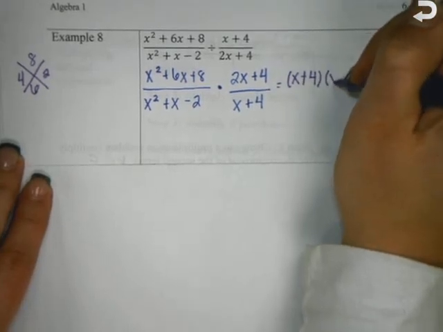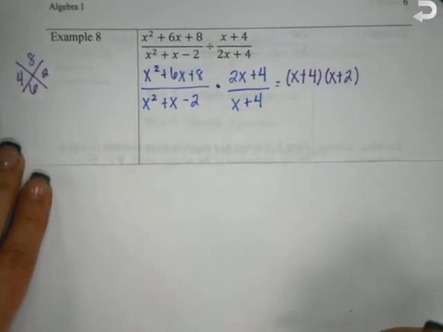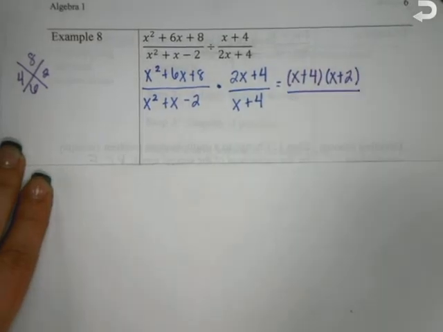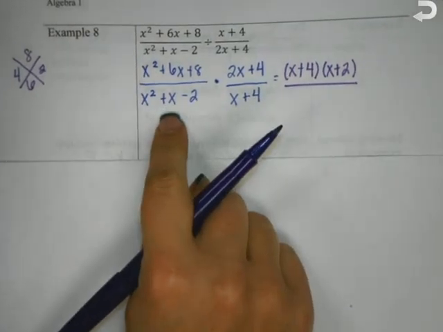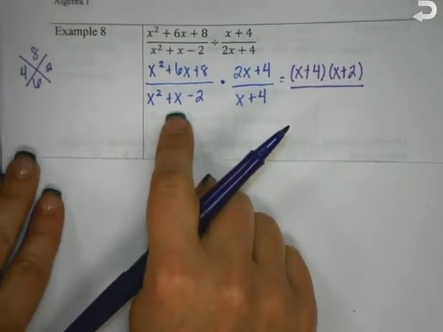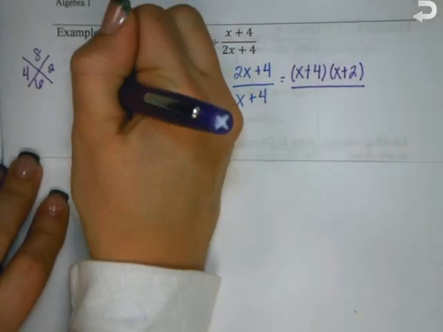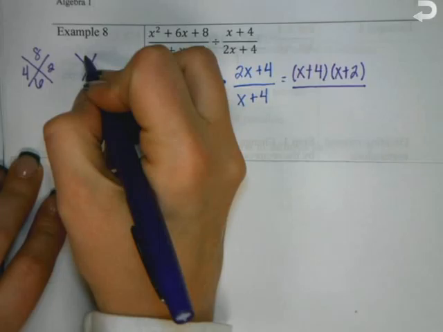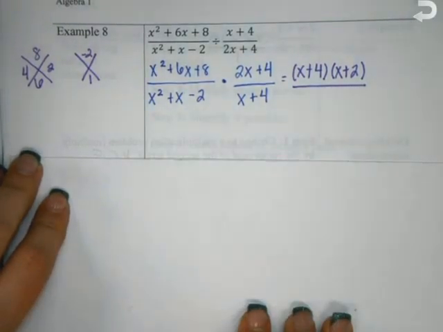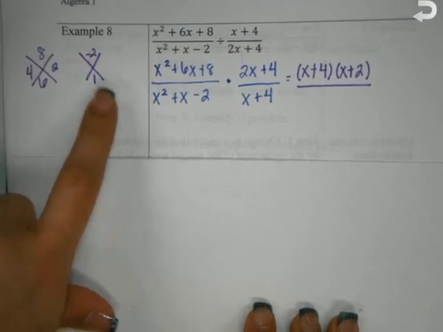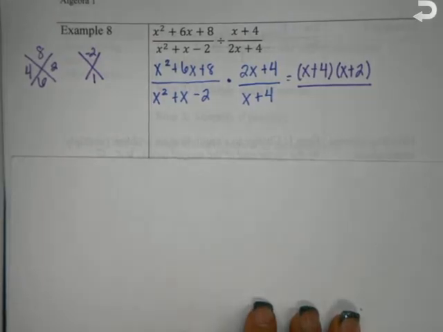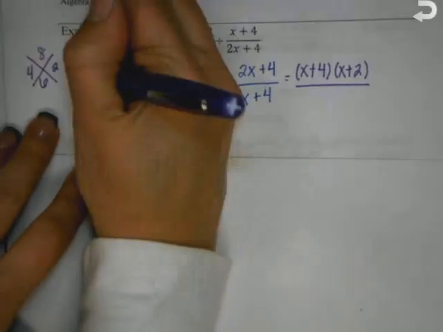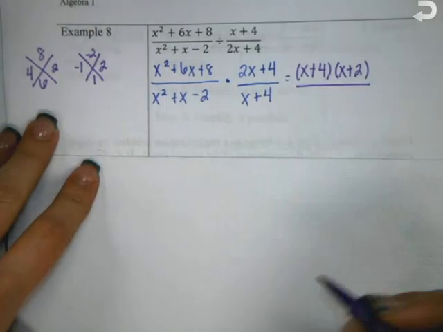over, does this bottom guy factor? What method am I going to use there? Also diamond. So what two numbers multiply to negative 2 and add up to positive 1? Negative 1 and positive 2. So that's going to be x minus 1 times x plus 2